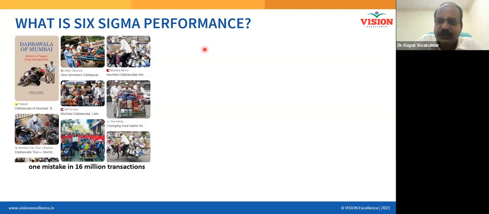And all these people are not even educated. You can see they sometimes carry all the bags in their hand. Sometimes they use a cycle. Sometimes they use a tricycle. Sometimes they go by auto. Sometimes they go by bus. They go by train. They do all of this. The process is very complex. But still, your food bag arrives at your place at the right time in the right condition.